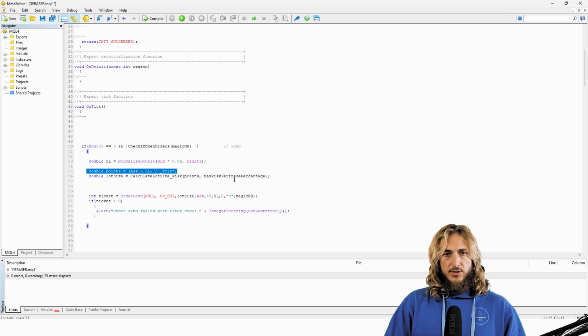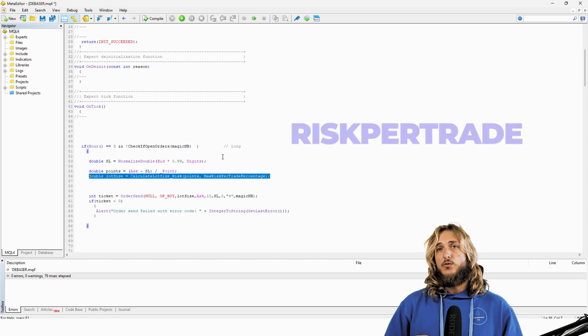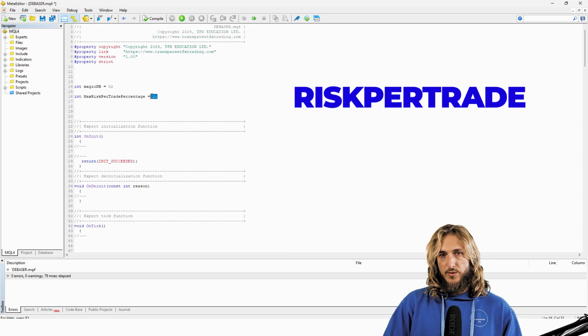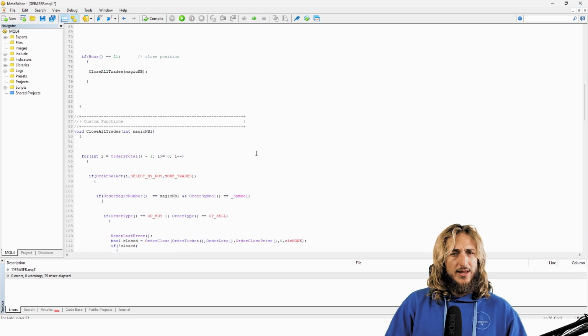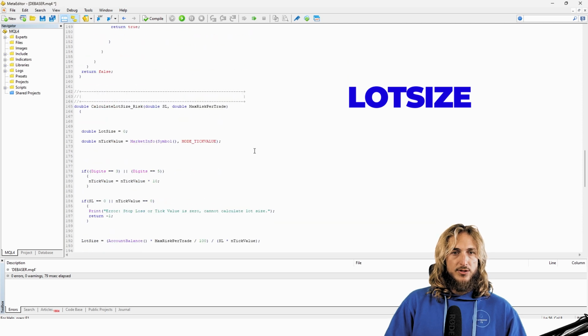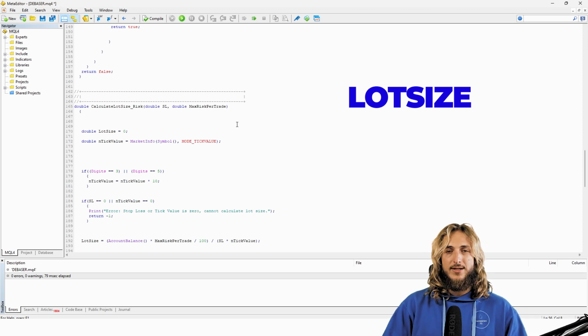Now, simply here it calculates the point distance. So then it can go and calculate completely automatically the risk per trade, which is a custom function, which takes the stop loss in points also as the input, so it can calculate it more precisely, and the maximum risk per trade percentage, which in this case is 1%. We have already defined it here. Now, how does this custom function work? Well, it will simply return the lot size, and the lot size that it returns is based on, again, as we have said, the stop loss in points and the risk per trade percentage that we have already defined before